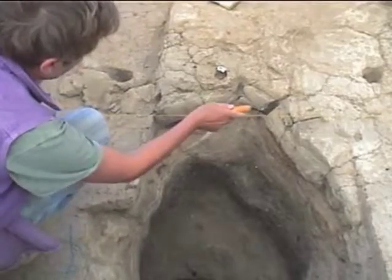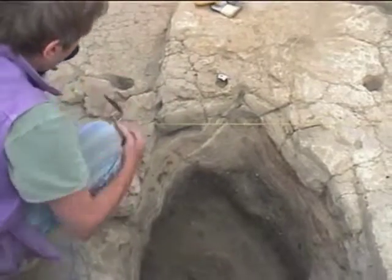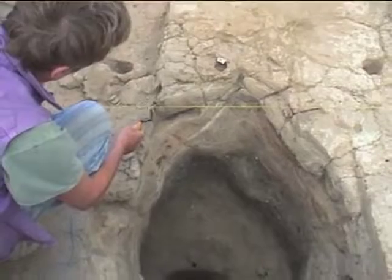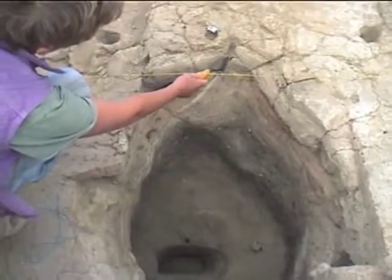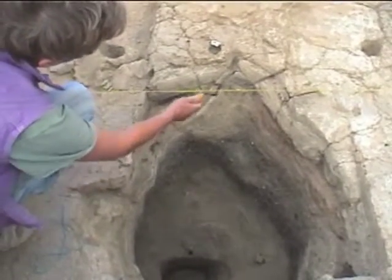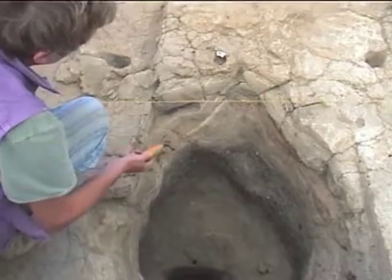173 and 170. This is 170. This is 173. The other way around. 173, 170, and in their latest configuration, the meeting place is here. But we can see that earlier on the meeting place was here, and you can see the platform 170. Its lip originally went up to here, and then 173 started here, and then later on